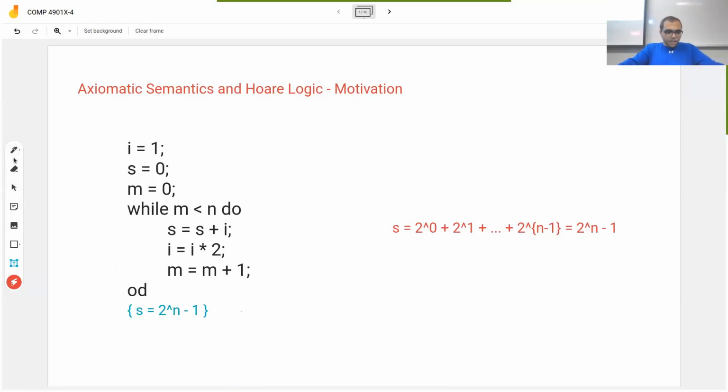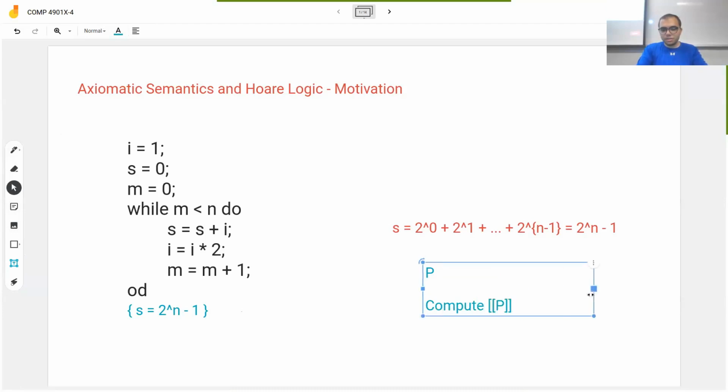Because suppose that I have a particular program P, and let's say that I want to compute the denotational semantics of P, which I show like this. So what was this? This was basically a function that mapped states to states. And we said that this is a partial function, right? So if I applied this to some initial valuation val, I want to compute the meaning of P, but if I apply the meaning of P to a valuation val and I get val prime,